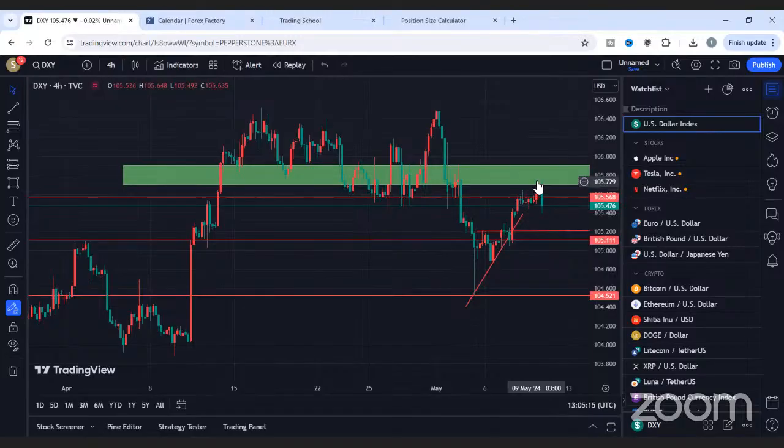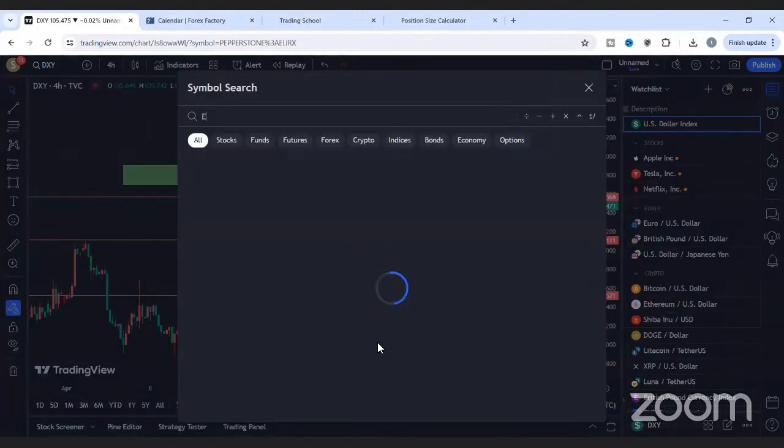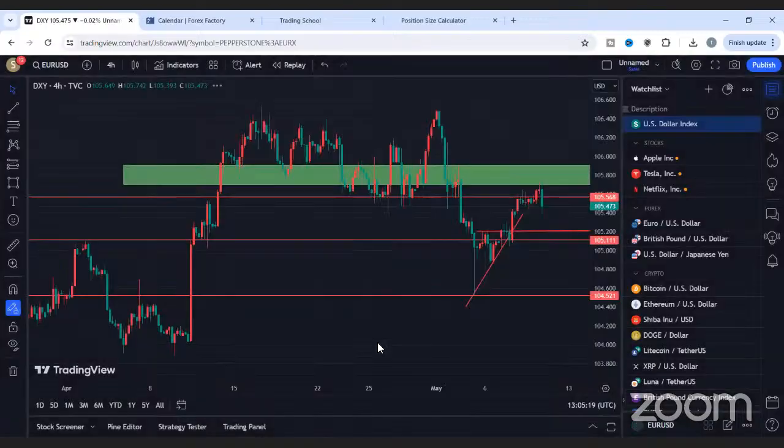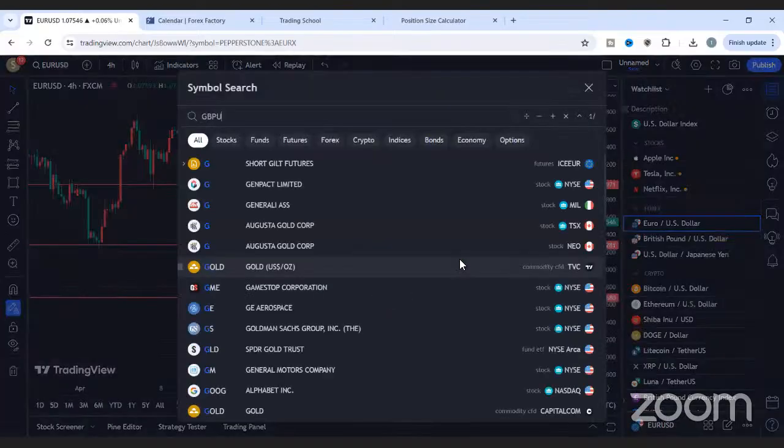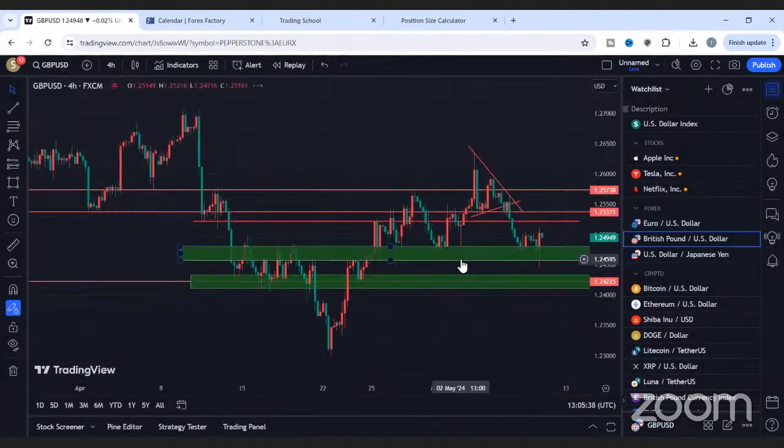As we said, as market is coming down over here, we said the same for Euro USD as an example, that it should be appreciating, and that's what we had over here. You can see we already drew all of this. If you watch our previous video, you see that we didn't just draw them now. We put all these levels there earlier. Like I said, price is reacting to all of these levels to the T. The same thing with GBP USD. We have been focusing more on the Euro USD and GBP USD for a while, and you can see what we have over here. So that news that came out is already playing out.